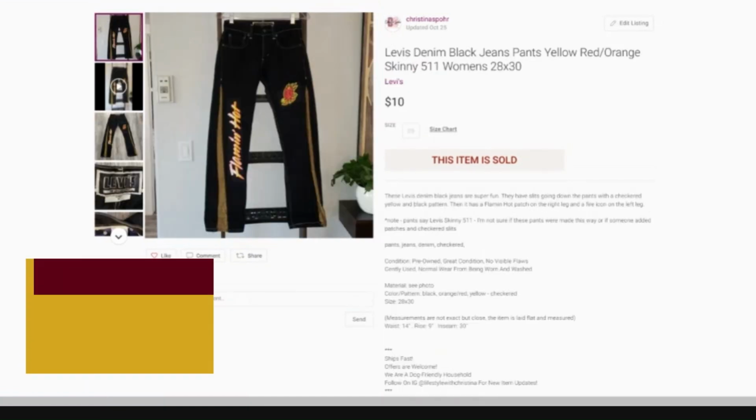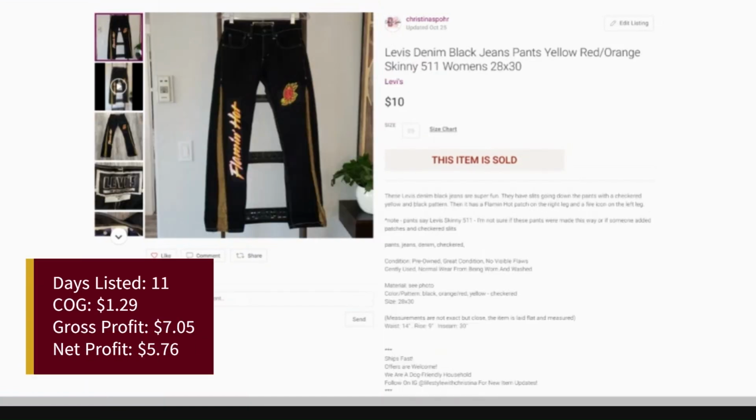These Levi's were listed on October 14th, 2023, and they sold October 25th, 2023. That's 11 days listed. My cost of goods was $1.29. I listed it for $19. It sold for $10. Minus the Posh fee of $2.95, the gross profit was $7.05, and my net profit was